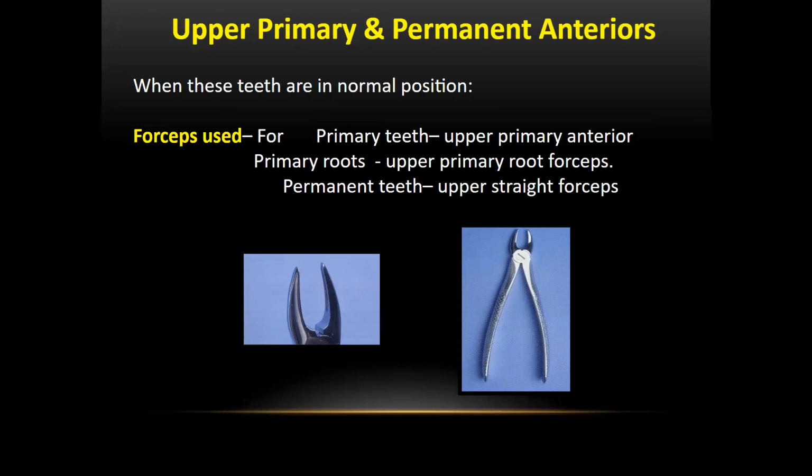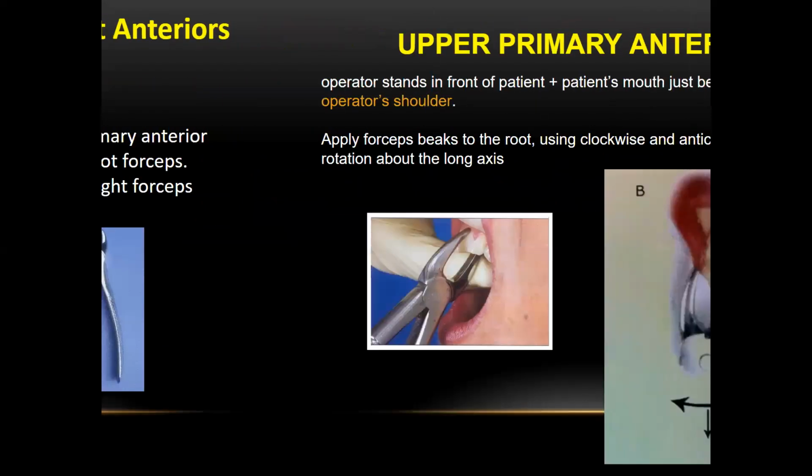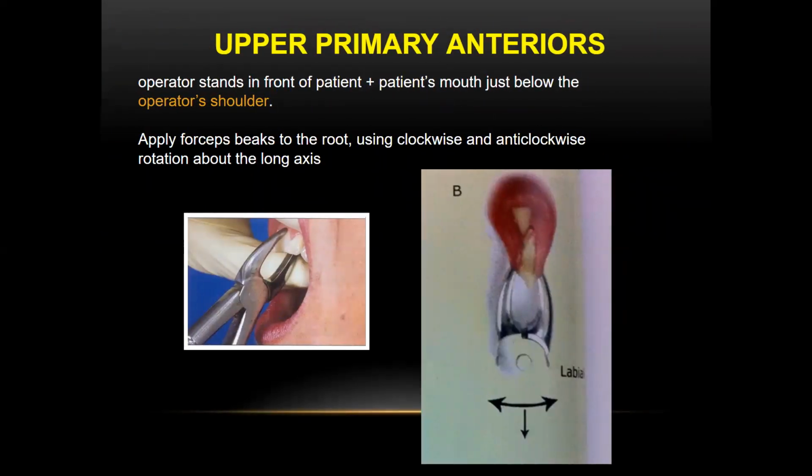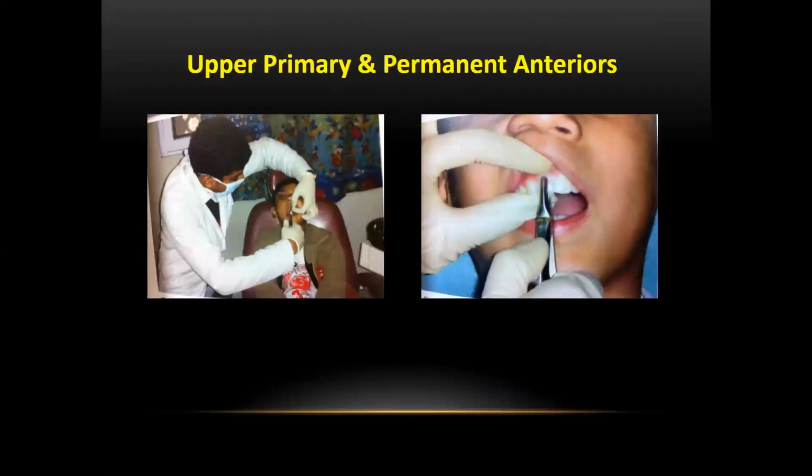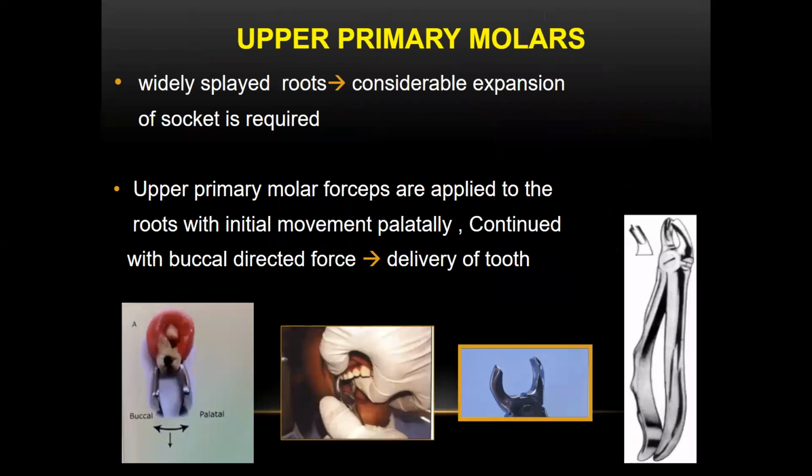So now we are going to discuss how the different types of teeth will be extracted in different manners. For upper primary and permanent anteriors, when these teeth are in normal position: forceps used for upper primary anteriors are primary root forceps, and for permanent, upper straight forceps. The operator stands in front of the patient, with the patient's mouth just below the operator's shoulder. Apply the forceps beaks to the root, with clockwise and anti-clockwise rotation about the long axis. This is how you need to place it, and then this is how you need to extract the upper primary